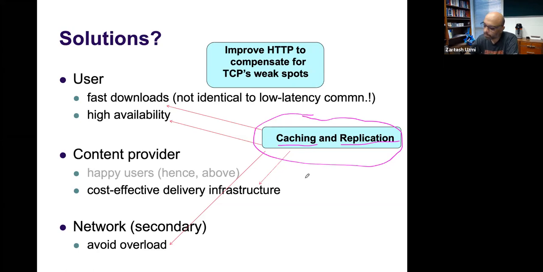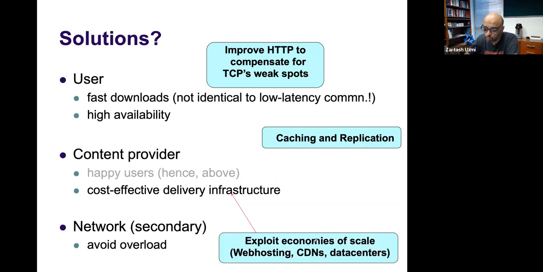Okay? Another solution is to exploit the economies of scale. For example, you can have web hosting. You don't want to host things on your premises, so you can outsource web hosting. You can also have CDNs, and you can also have data centers. The data centers provide what we call,